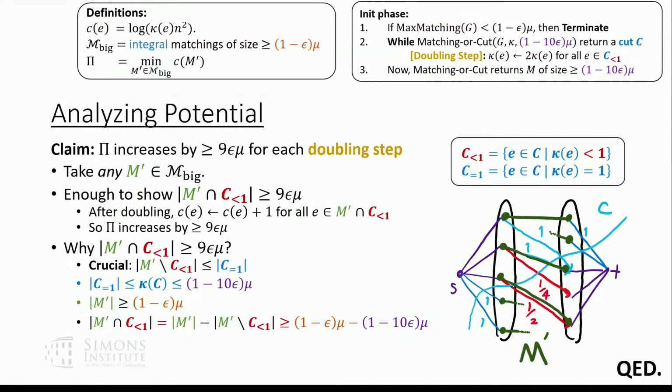Okay, that's it. That's the whole analysis. So are there questions about this last part? If the algebra isn't making sense, again, the argument is just that this was a cut. So what it means for it to be a cut is that its total capacity was not very big. So there can't be that many edges with capacity 1 on it. It must be that the reason its capacity wasn't that big is because it's using a bunch of these red edges that have low capacity. And now you're increasing their capacity, so you're increasing the cost by a lot.